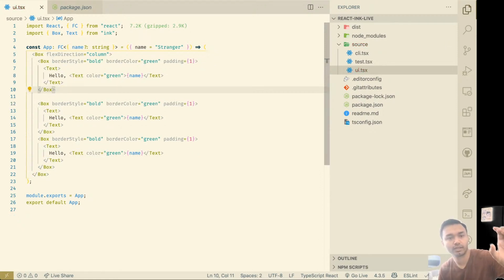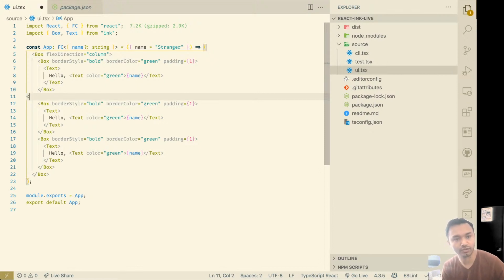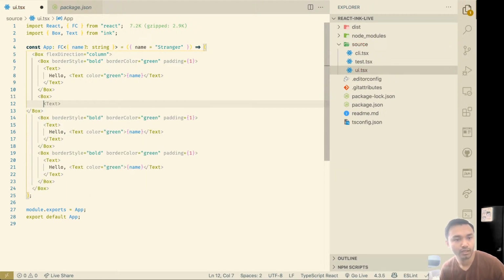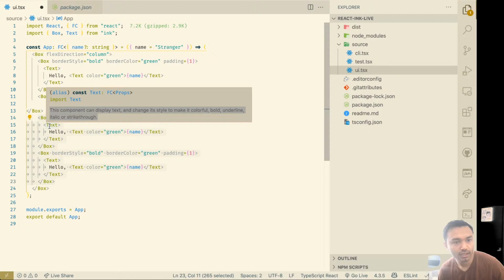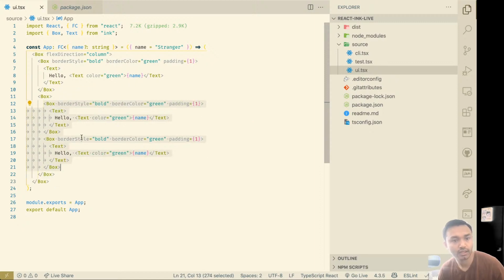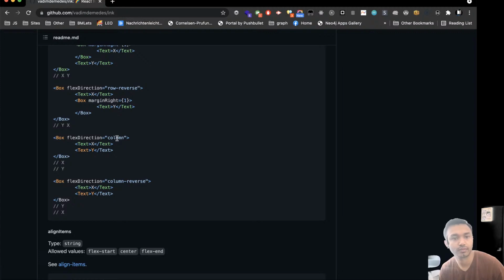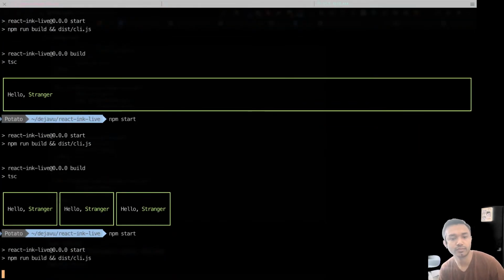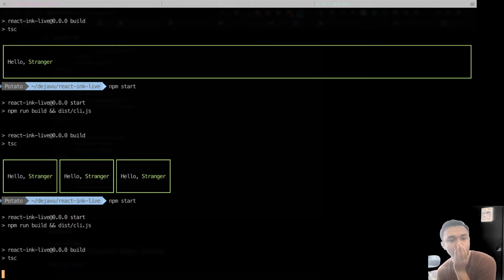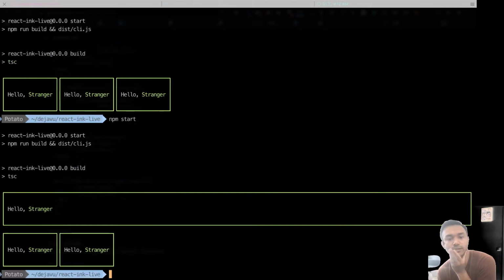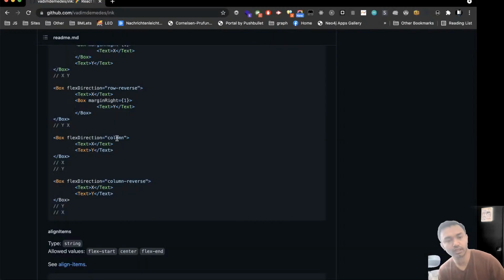Now I have a header, and there are 2 boxes there, which need to go as a row. So for that, I will add a box again, which will make it a row, and put these 2 in there. There you go. So there is a header, and there are 2 columns in the second row, and we need one last one